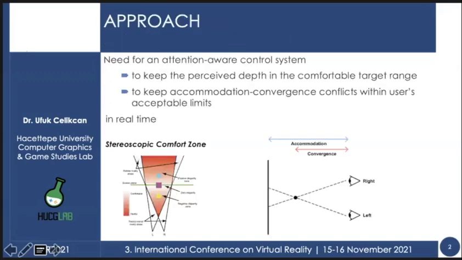In an interactive environment where the position of the camera is dynamically changing based on the user input, there is a need for an attention-aware control system to keep the perceived depth range in the comfortable target range.